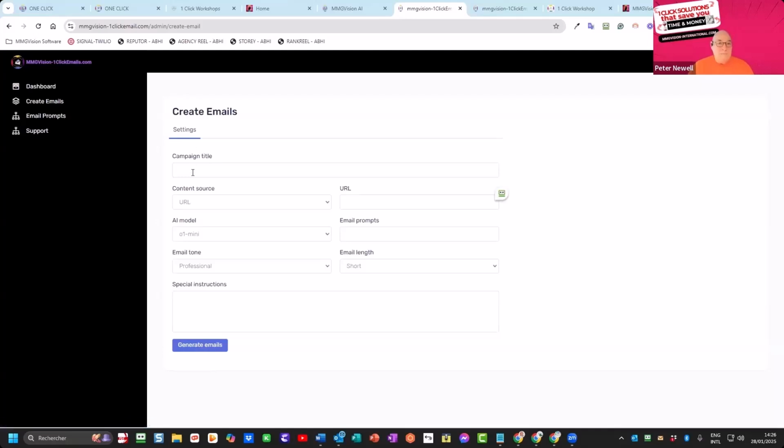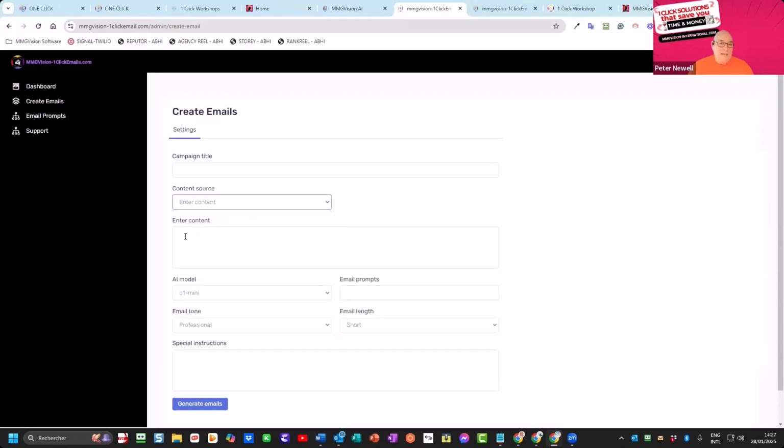But here's the fun part. In order to save time, I'm just going to go over what you have to do. You put in the campaign title, and then you decide whether you want to use a URL, put the URL here, or you want to enter content in this box, which will give it the data it requires to do its work.